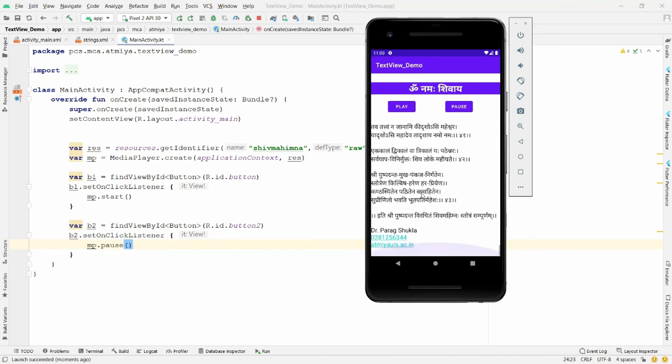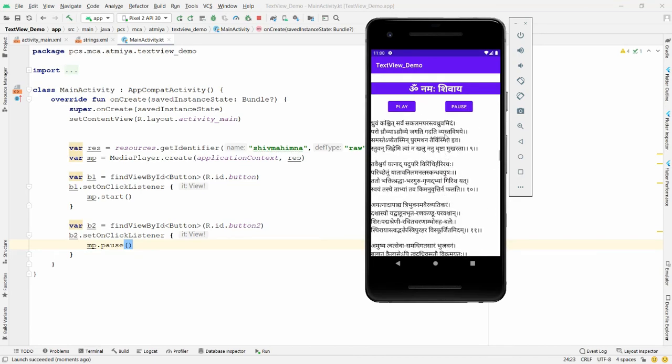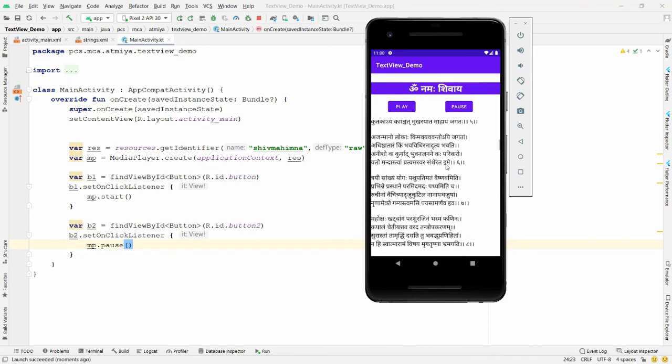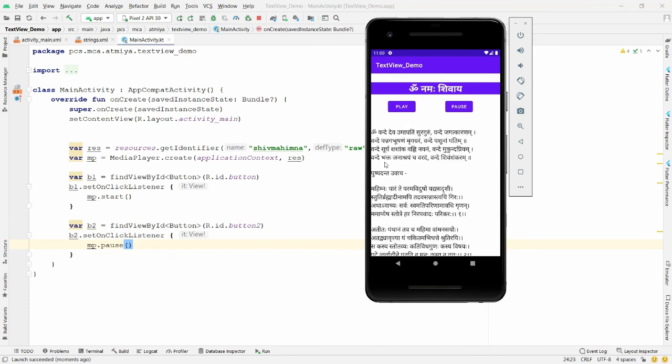This is my text. And now whenever I click on the play button, I want to play the music. So whenever I click on play, see here, it will play the music. Whenever I click on pause, it will pause the media player and you can click on play again.